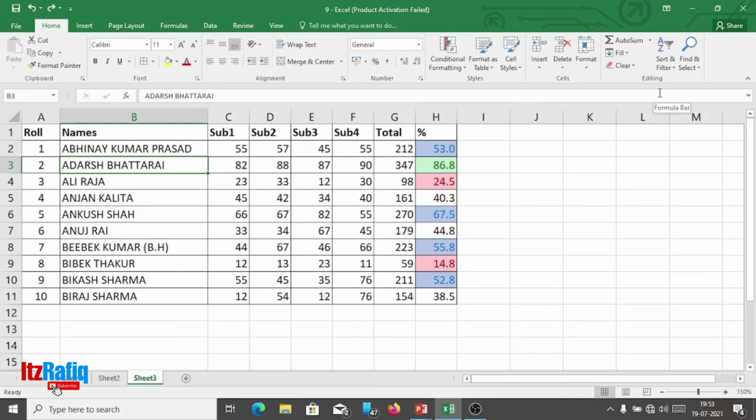This way we can insert a chart in our Excel spreadsheet, and we can do all these things also on mobile or in Google Sheets. On mobile also you can download Google Sheets or MS Excel, and you can easily create charts and spreadsheets. There you can make your mark sheets, and you can do some calculations which you normally do at home.